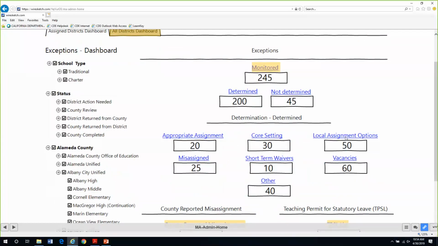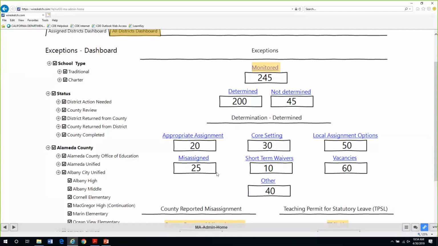Local assignment options is another of my drop-downs. If I choose local assignment options, for example, it gives me another drop-down where I pick one of the most common local assignment options, or other and do a type-in. So it gives me different justification reasons, and other for typing in my own reason.